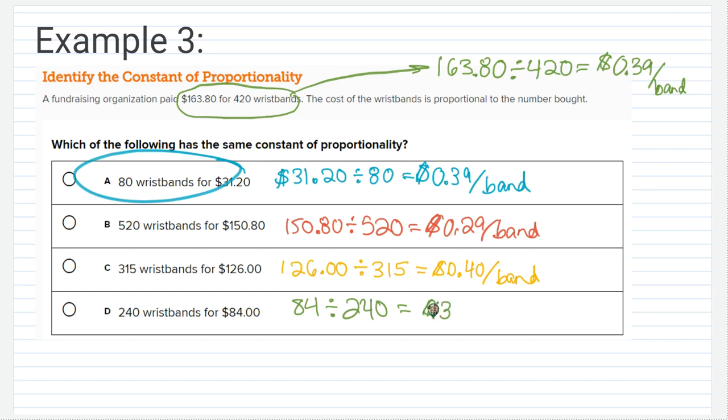So we only had one of these relationships that ended up having the same constant of proportionality. And again, all that means is that you have the same unit rate. So A is our final answer for this example. All right, example 4,